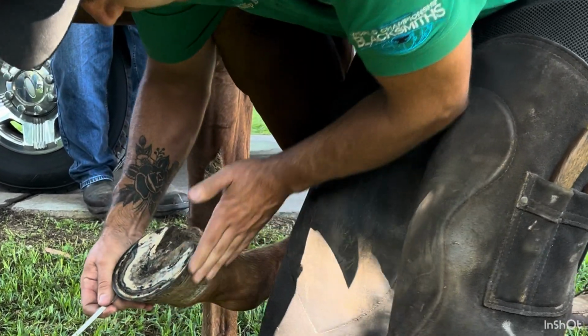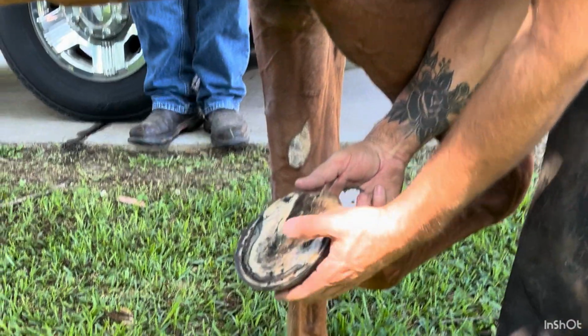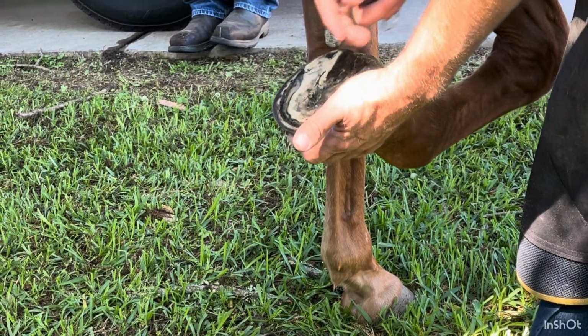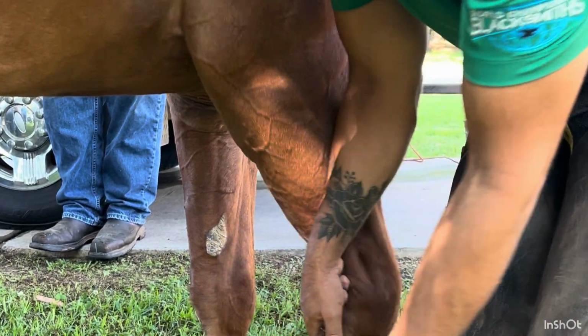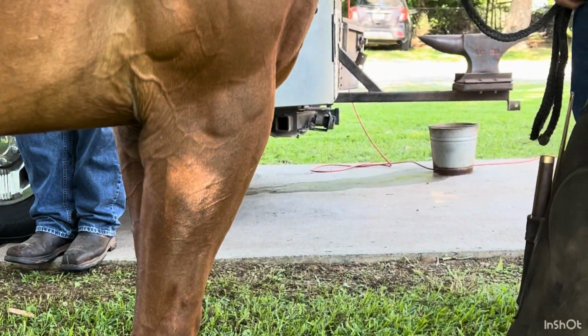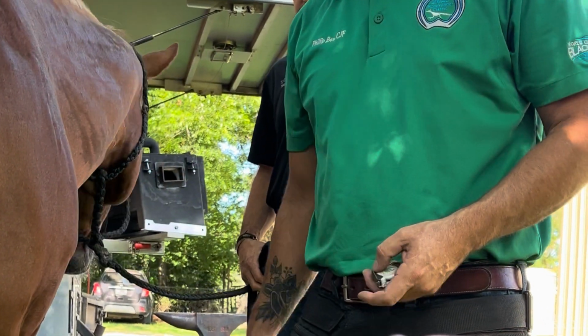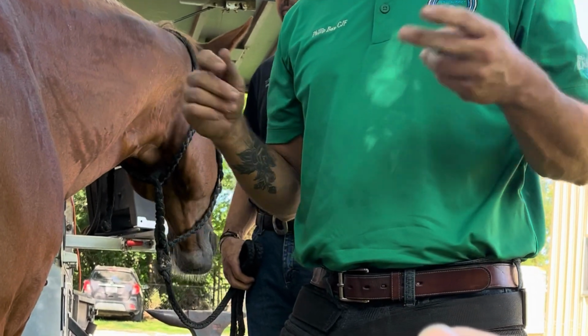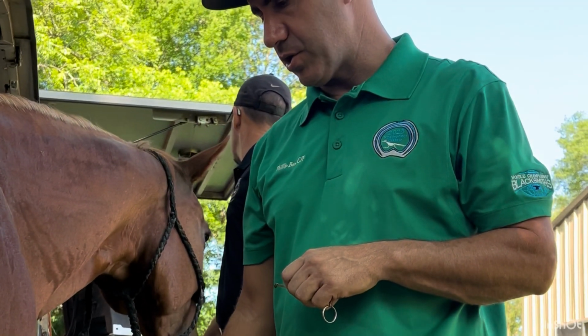All right, so when I'm doing shoe selection, I want to find a shoe that I can get all the way to the back of the foot with. And in his case, I'm planning on a perimeter fit. I don't see any reason with him to set him back or anything of that nature. He's got really great angles and everything, so just plan on a perimeter fit. But when I'm selecting the shoe,